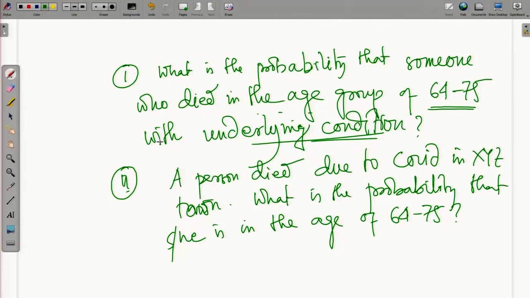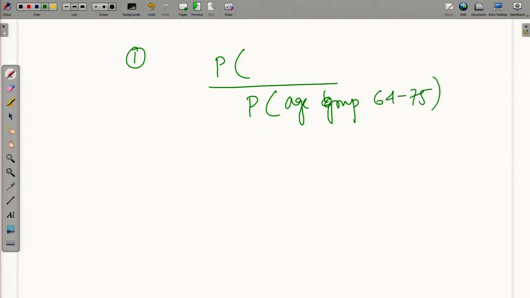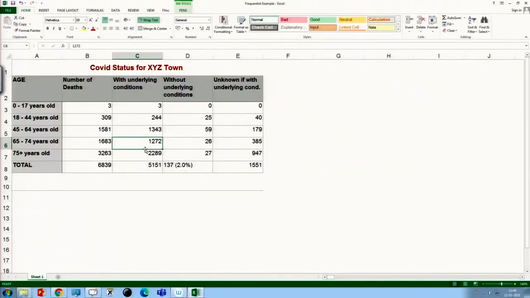So for question number 1, let me write down the denominator first: probability that he is in the age group 64 to 75, and in the numerator the probability of underlying condition intersection age group 64 to 75, right. So we already have the numbers here, you just have to plug the numbers in. So, the total number of deaths is 5151,